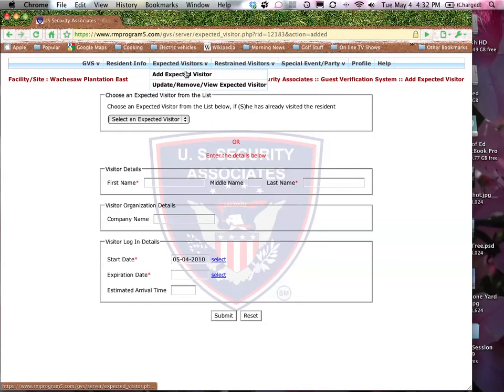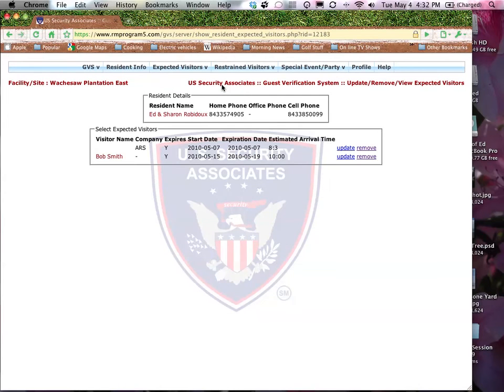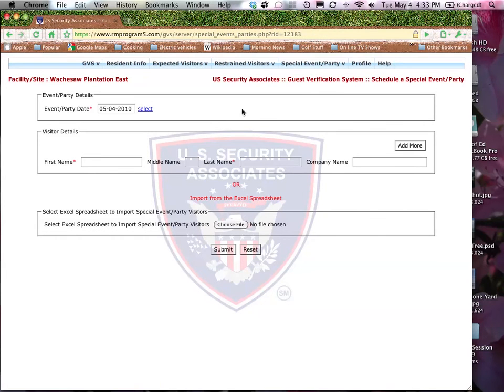If you go back to the expected visitor list, the second line allows you to view who's coming. We'll go to that, and we'll see that ARS is expected on the 5th, and that Bob Smith is coming on the 15th through the 19th. The second thing I want to show you is how to add, let's say you're going to have a party and you're going to have multiple people coming to the same event. On the column heading that says special event / party, you hit the pull down screen. The first line says schedule a special event / party. If we open that up, you can put in,